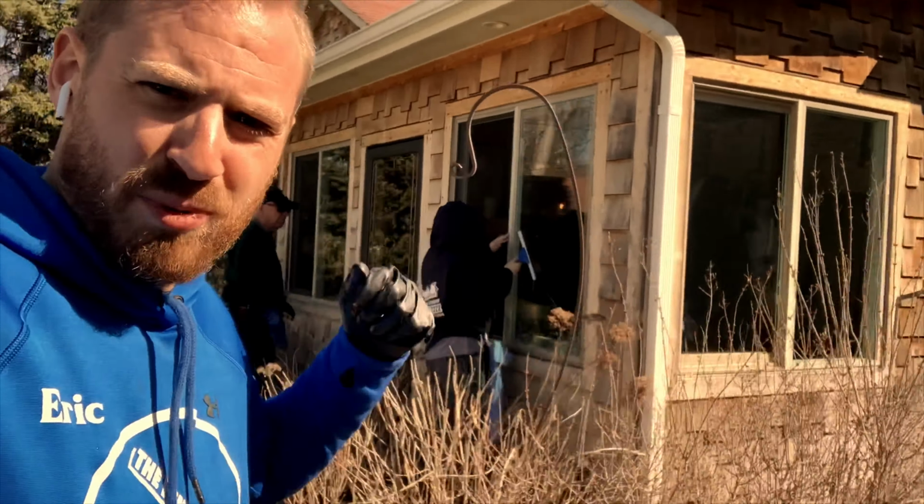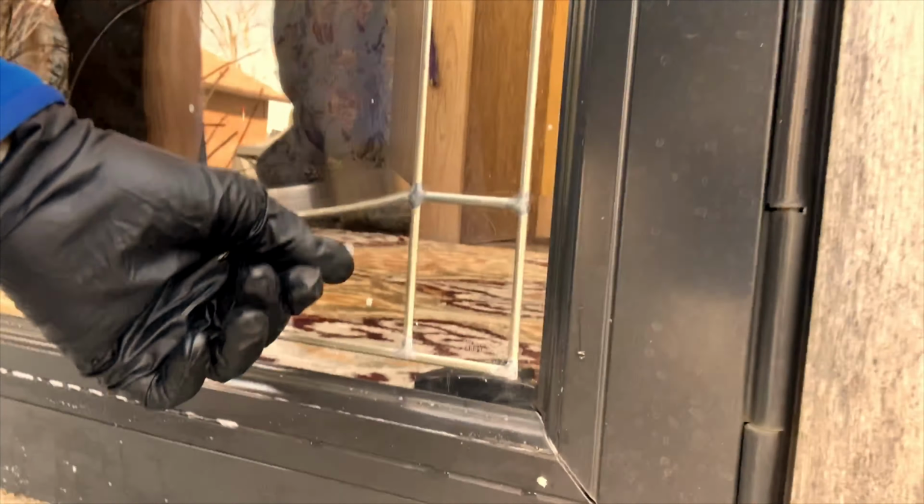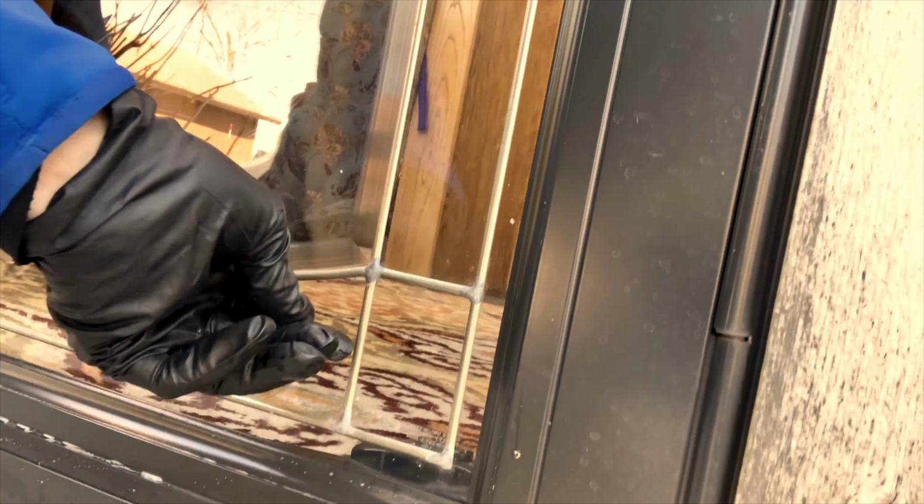How do you get concrete off? Great question. This is gonna be fantastic. All right, he says, how do we get concrete off? So this is the concrete right here at the bottom, right? So I'll just drop the screen in front of us. But this is concrete, right? So I'll get that off with a razor blade and some water. We have to make sure it's completely